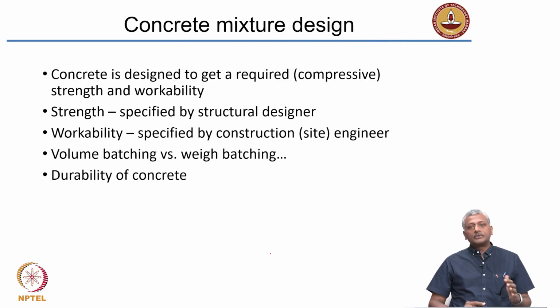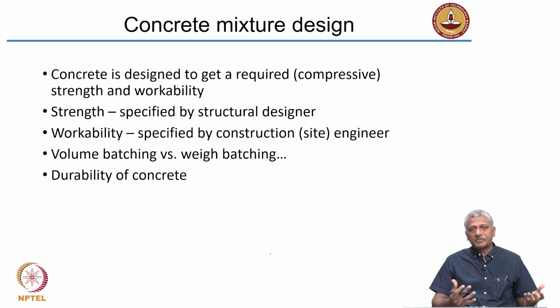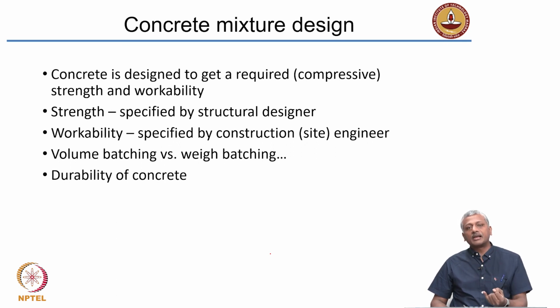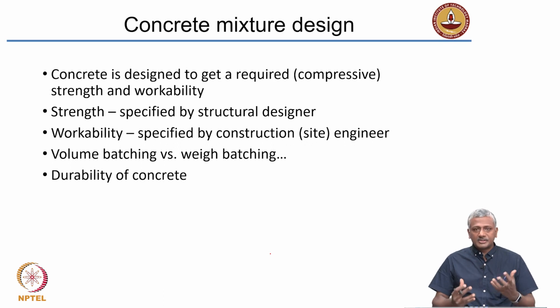Okay. So, reinforcement and formwork are obviously not directly connected to concrete, but they are important from the perspective of designing the composite structure. Now, let us come to the concrete part itself. As I said, one of the most important steps is proportioning your ingredients, that is cement, water, sand, coarse aggregate, mineral admixtures and chemical admixtures in such a way that you get a composite material that is capable of certain levels of performance. Okay. Now, what is this performance?